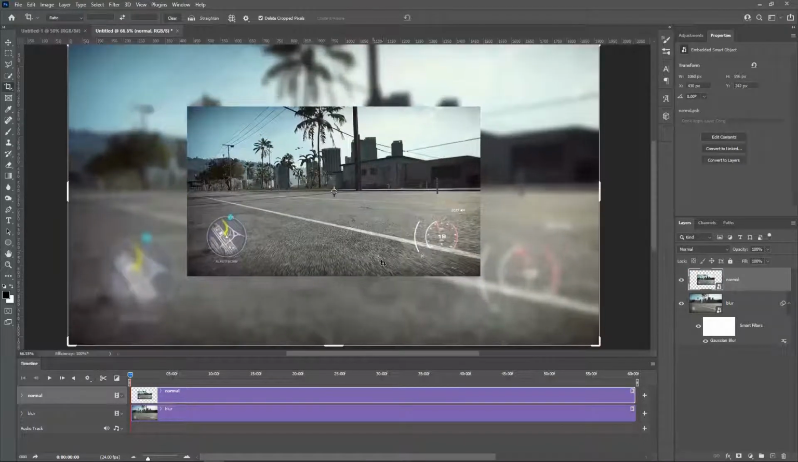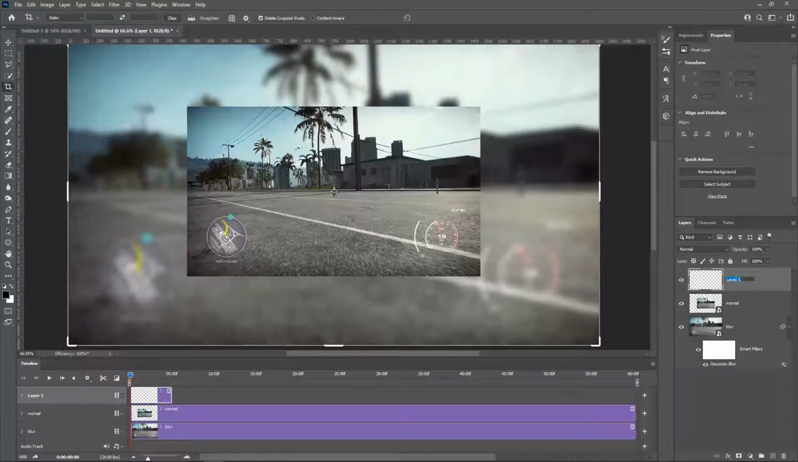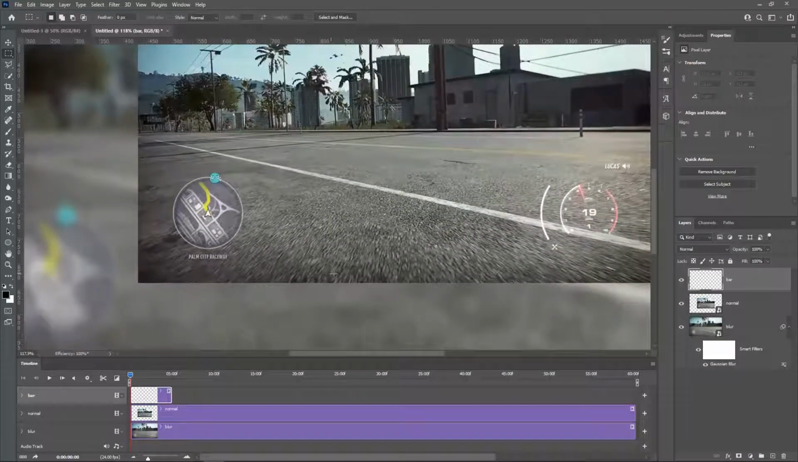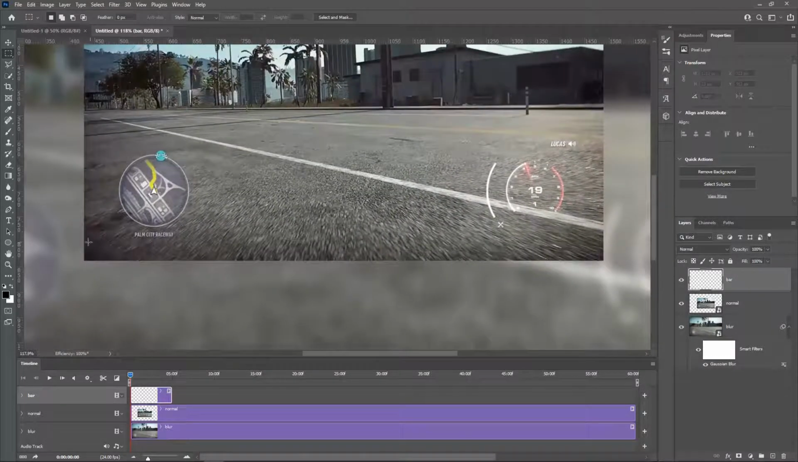Cool. So now we need to create the bar. To create the bar, I'm going to create a new blank layer. I'm going to name it bar, and I'm going to select rectangle marquee tool. I'm going to just zoom in a bit because I want to see the edges. So I'm just going to start in here like so,